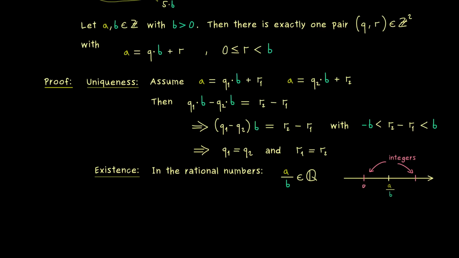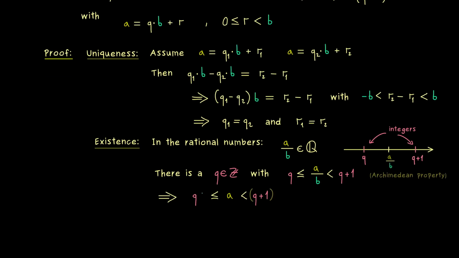And with that knowledge, we can show that any rational number lies between consecutive integers. Indeed, this follows from the Archimedean property of the rational numbers. More precisely, we can put it that a divided by b can be equal to q, but not equal to q plus 1. And otherwise, it should just lie in between. Okay, when we have that, we can simply go back to our integers by just multiplying with b. Then we just have our a in the middle and the multiples of b on the left and on the right. Moreover, then you see we can just subtract q times b everywhere